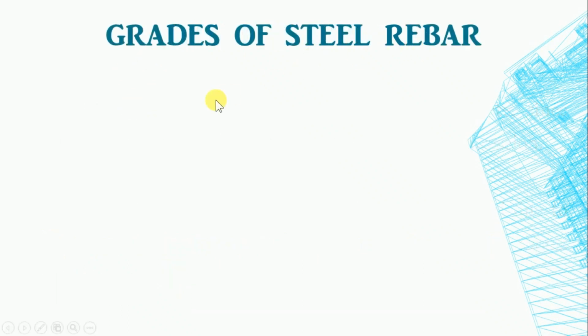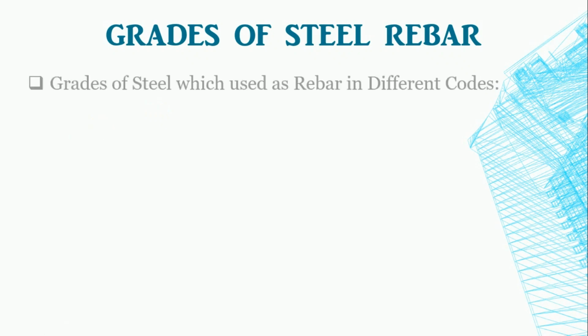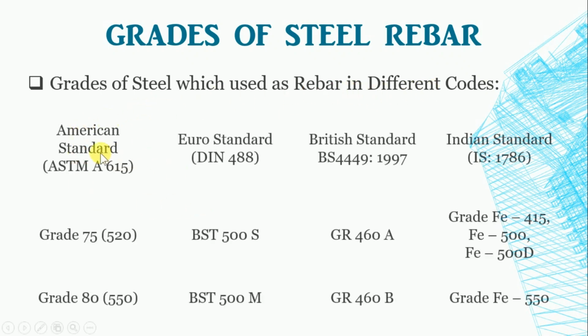Grades of steel. Usually rebars are made of steel. As steel has various grades, to achieve particular properties of steel, it is divided into the following grades. Different codes in different countries have their own classification for the grade of steel. The following table shows the classification of grade with respect to the standard. Every code has its designation to classify the material. The numeric value shows the yield stress of a particular grade of steel in Newton per millimeter square.